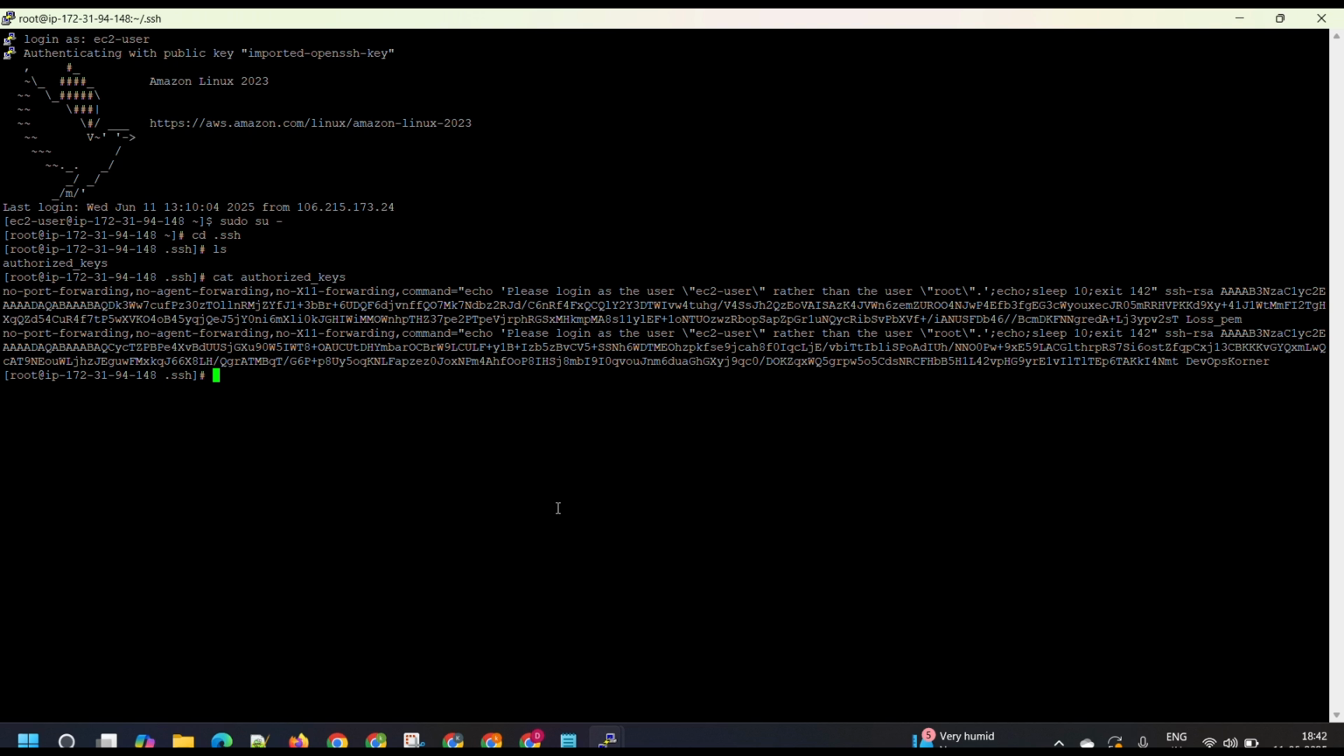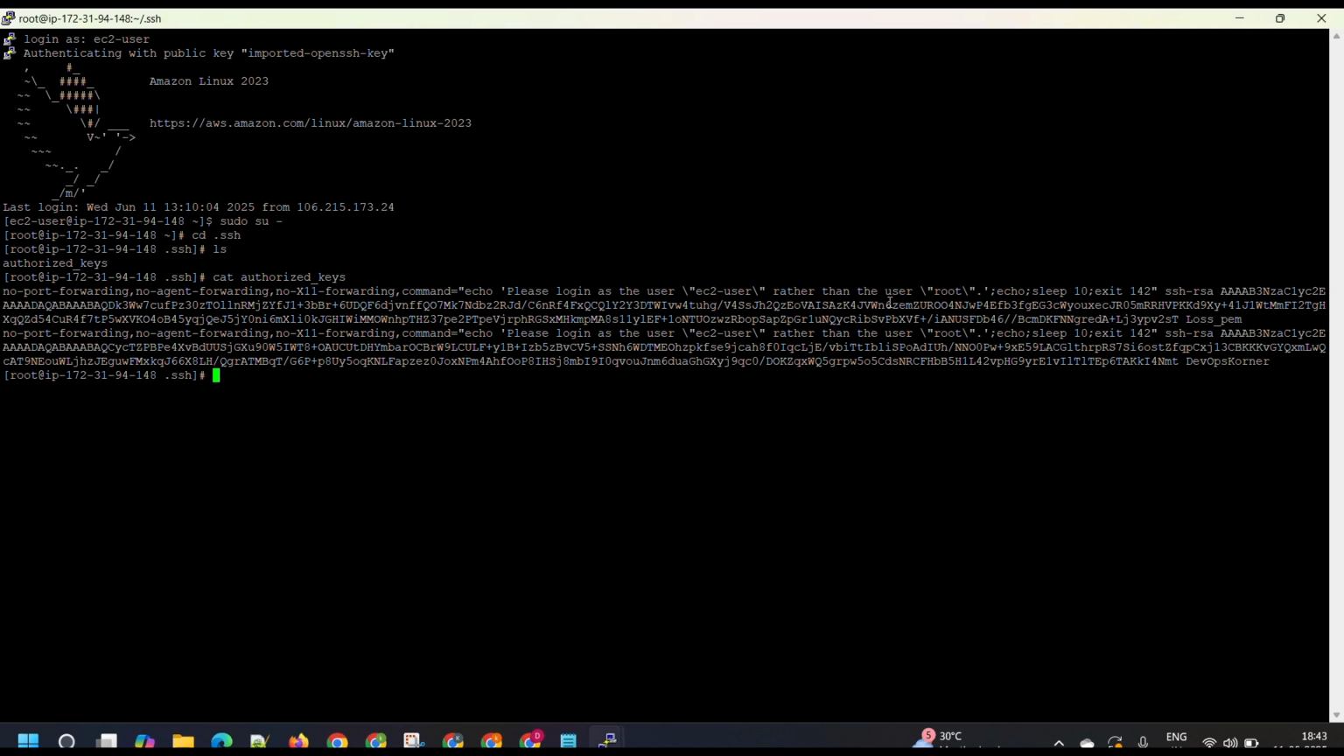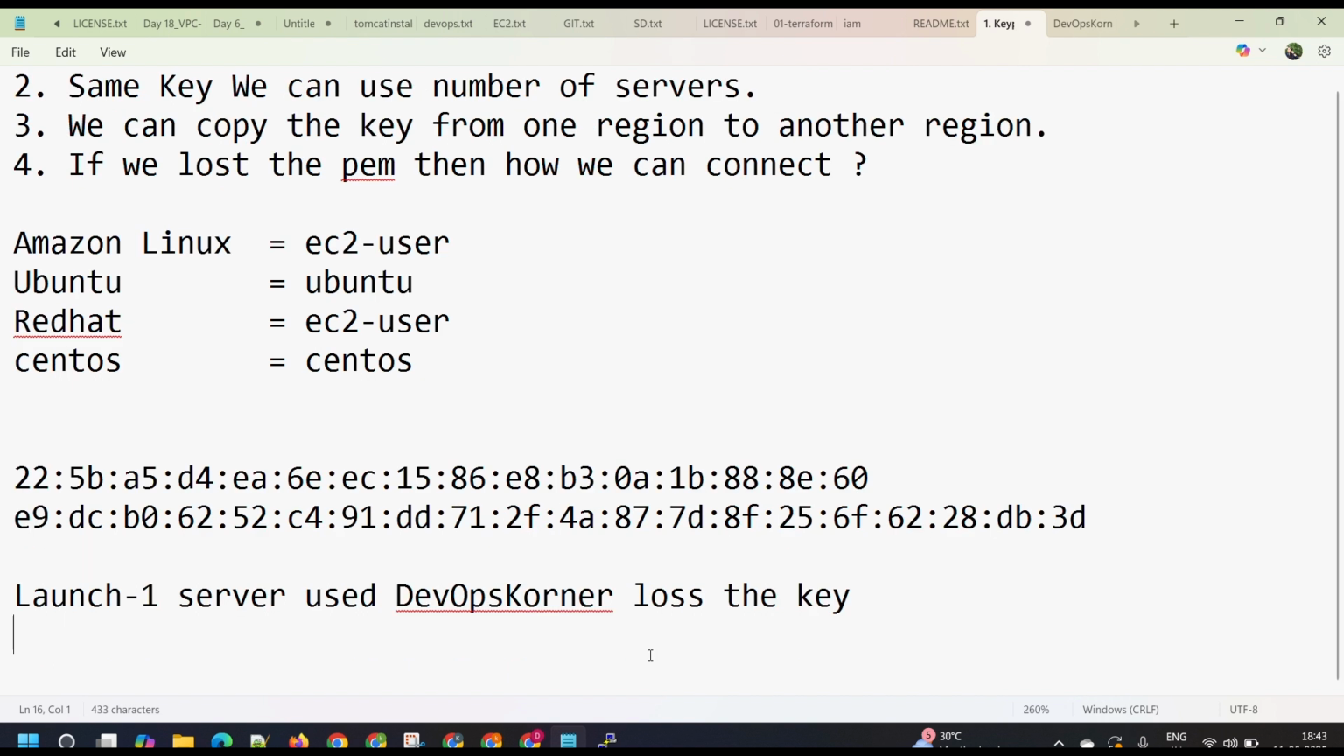Let me describe again the things we have done. First we launched one server and used the DevOps kernel key. Unfortunately, we lost the key. To retrieve this server, what we have done, we created one more server,